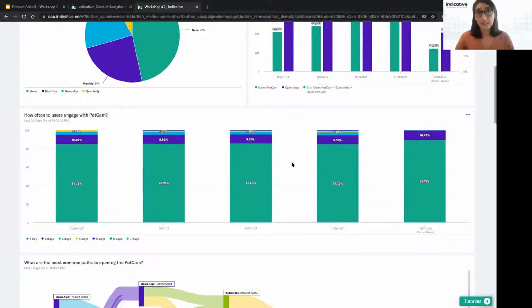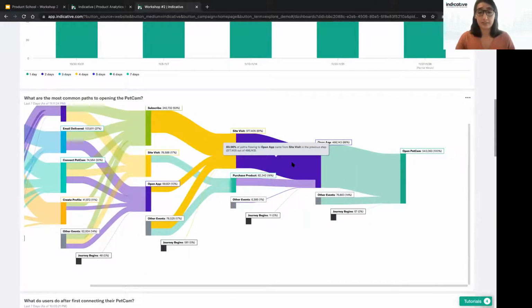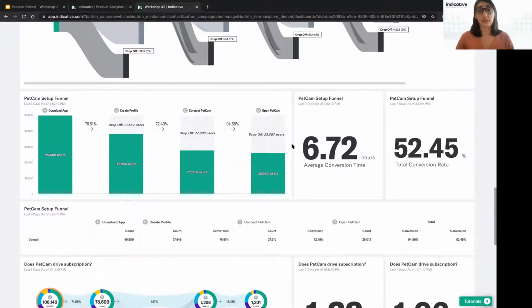Then we have frequency. So frequency allows us to measure engagement for a specific feature. Moving further down, we have journeys. So the journeys tool is a very powerful analysis, which allows you to explore and understand what your customer journey is before or after certain behavior. Moving further down, we have a traditional funnel tool, which allows you to identify points of friction and where people are dropping off in the journey, conversion rates and counts of